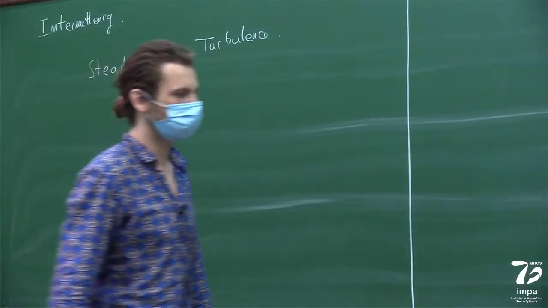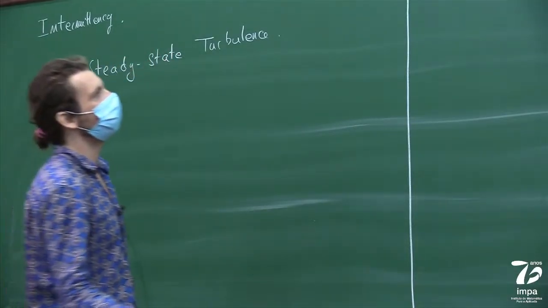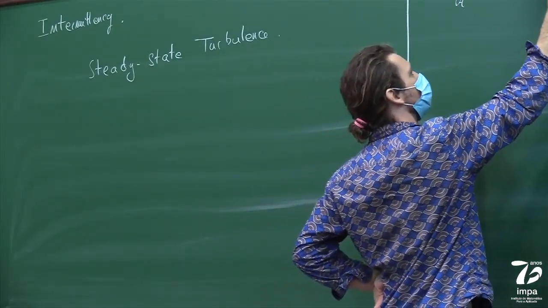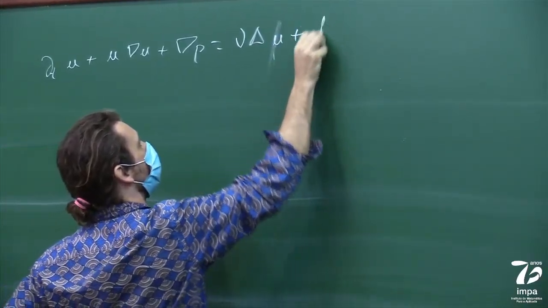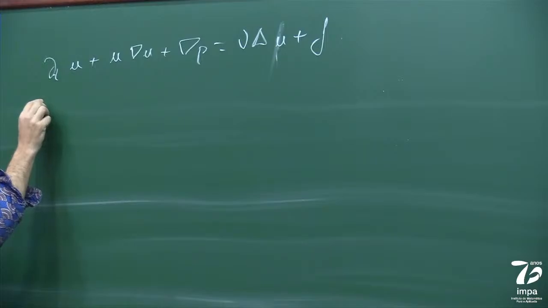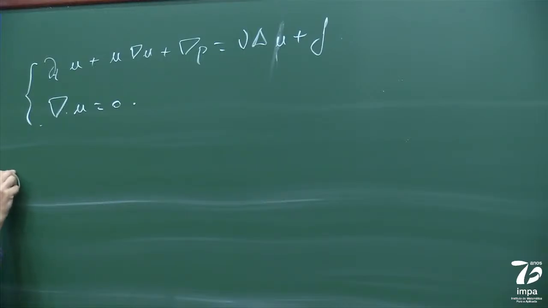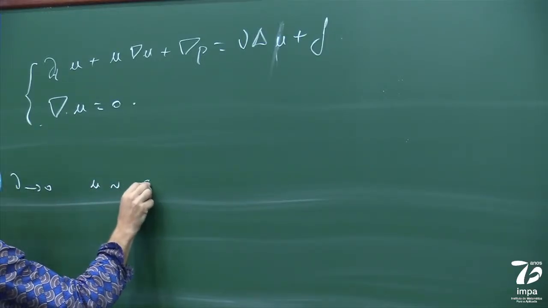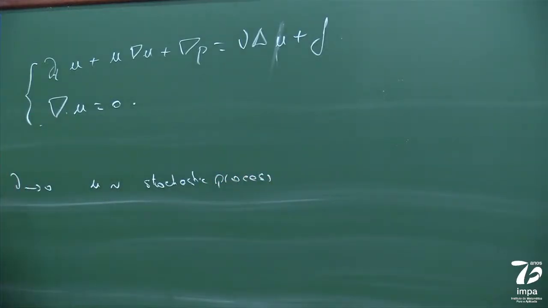So just to remind you of some of the subjects we discussed last week, essentially we were dealing with the Navier-Stokes equation, with forcing and dissipation, incompressibility, and we argued that in the limit when u goes to 0, u can be described as a stochastic process with certain properties. And in particular, we discussed the K41 framework.